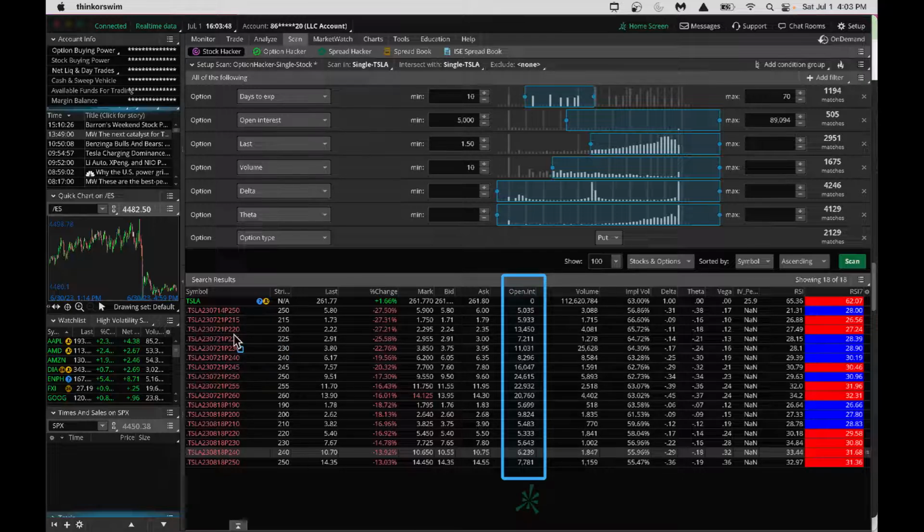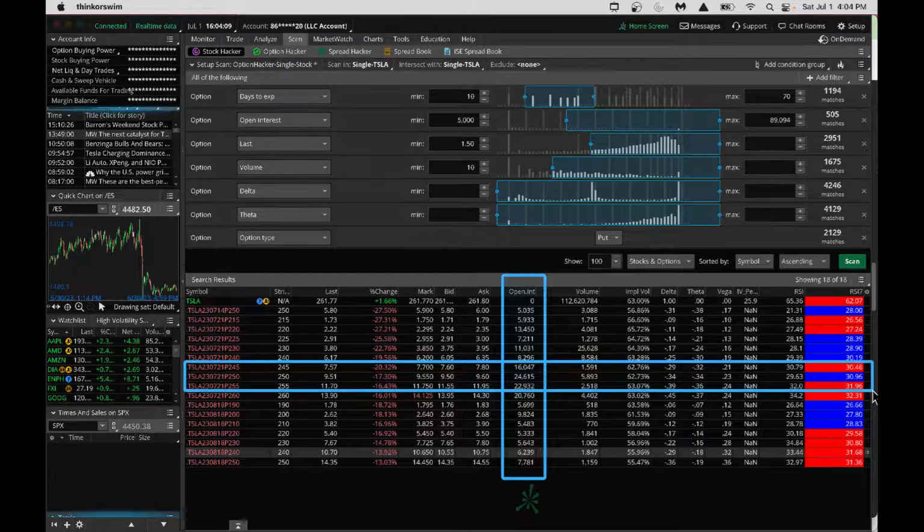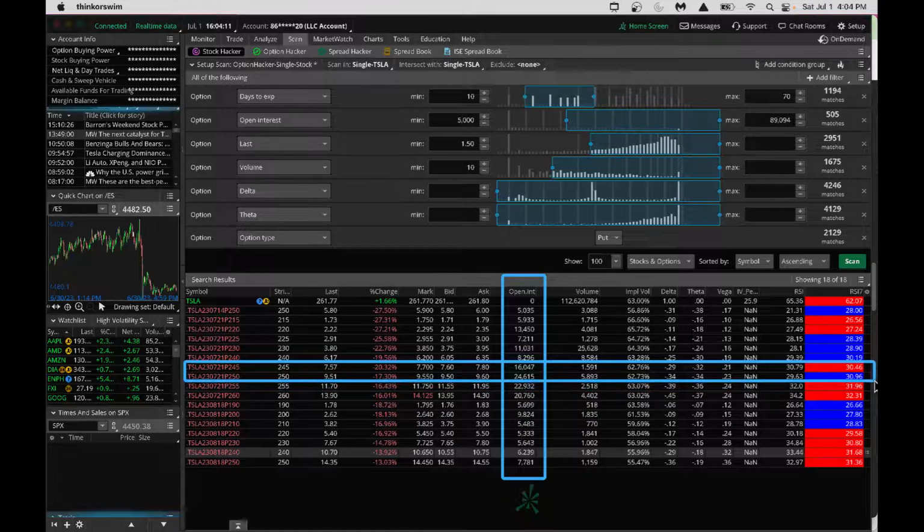Pay attention to the highest open interest in this chain, which is, look, we got open interest 20K here, 22K, or even look, 250 here, 250 or 245. Let's see here. Yeah, 250 is the highest open interest in this chain. So that's where I want to focus my energy. I want to look at the 250 open interest, and look, we got a 7/21, which is the July 21 expiration, 250